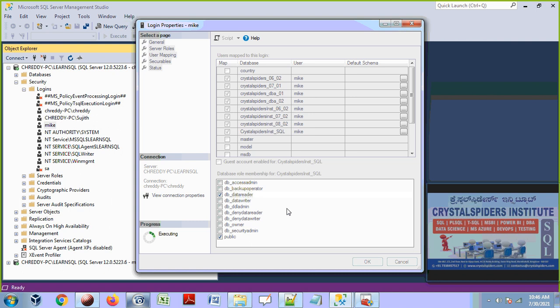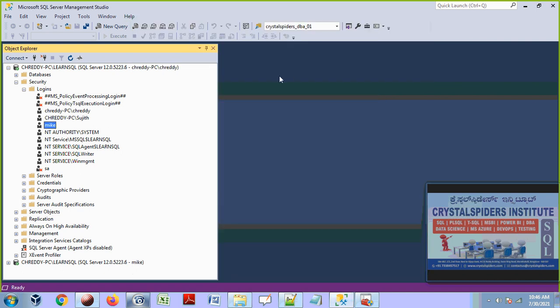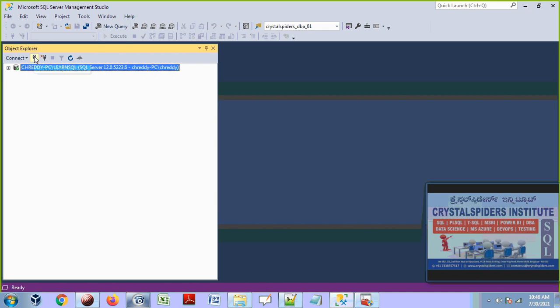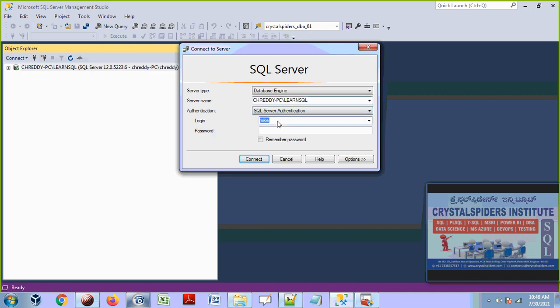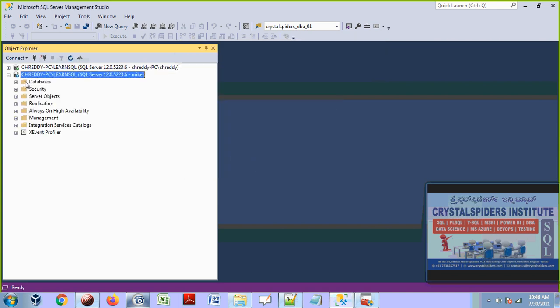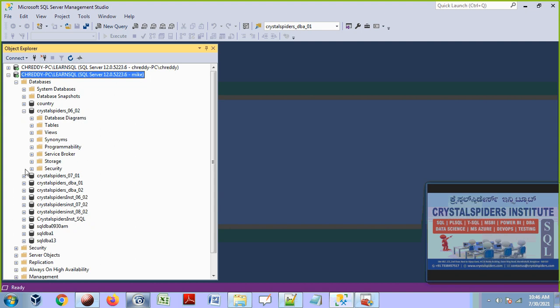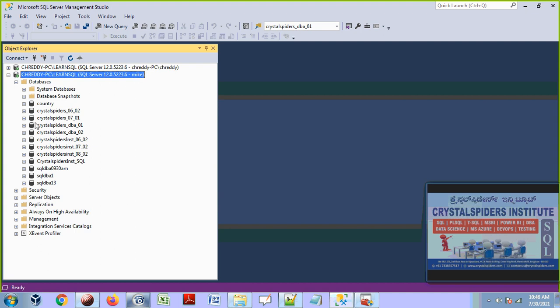Now it is connecting. So now it has granted the access. So let's move on. Now let's disconnect this mic and connect back again. Click on this connect, and again you can connect back, or else, okay, let me connect it again, no problem, and say connect. So as we connected, let's go to the databases. Now the access is already there. Now we can start accessing these databases, but only for read access, no other access is possible here.